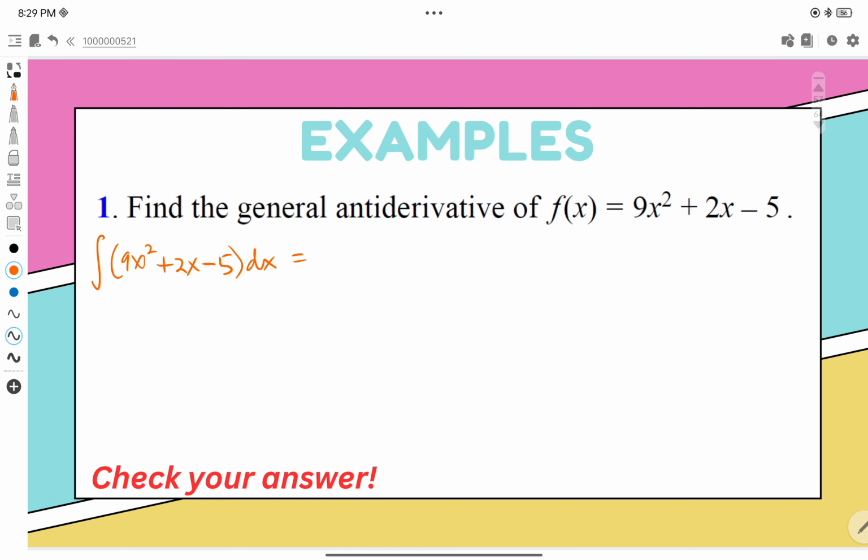So, using all those theorems, the antiderivative here is: factor out the constant 9, then add 1 to the exponent. We have 2, so this is x cubed over 3. Plus the constant 2, and we know there is a 1 in the exponent, so plus 1, that's x squared over 2. Minus 5x plus c. So simplifying, 9 over 3 is 3x cubed, plus the 2s will cancel out, so I have x squared minus 5x plus c.